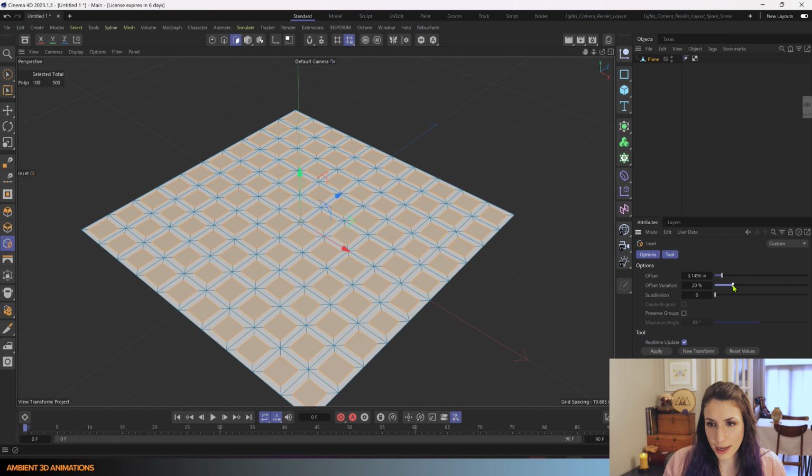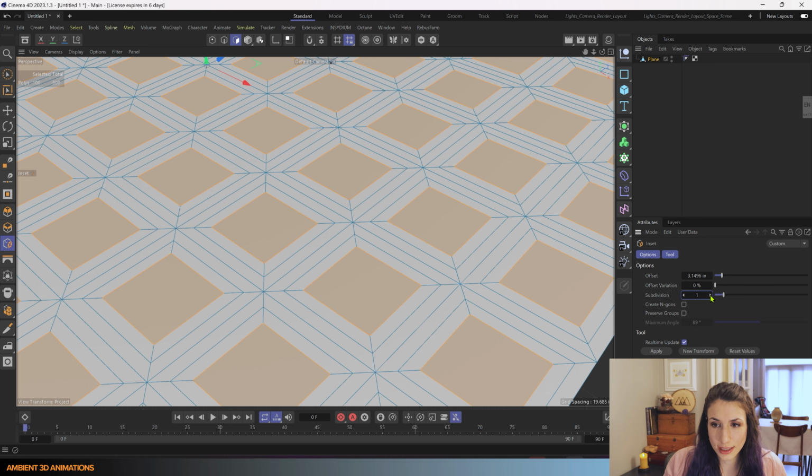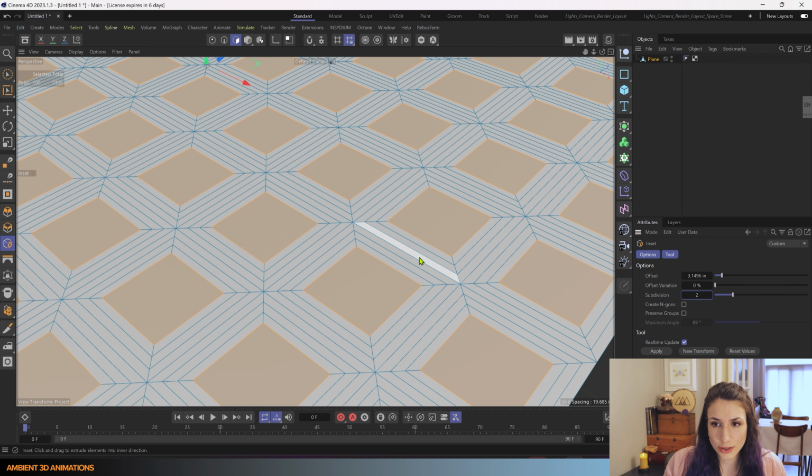And I'll take this back a little bit so that I can show the next option, which is called subdivision. And subdivision subdivides each inset. So I can increase this here, and you can see I've subdivided this inset 2 times.